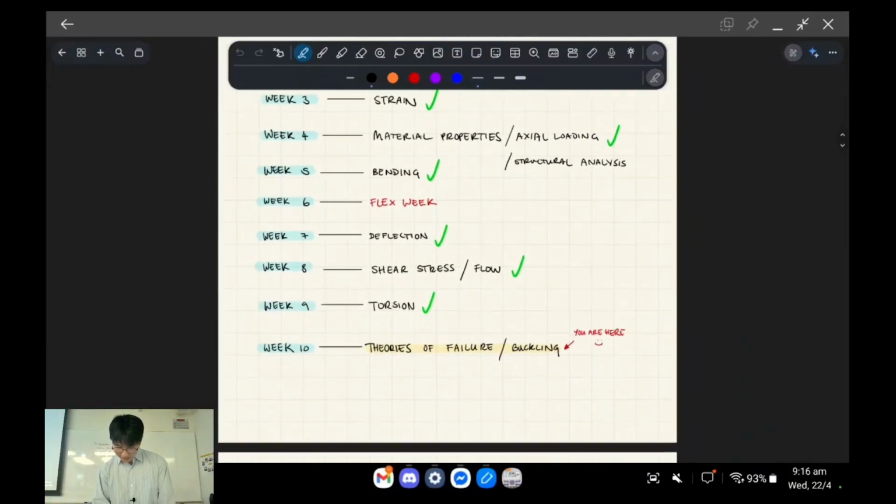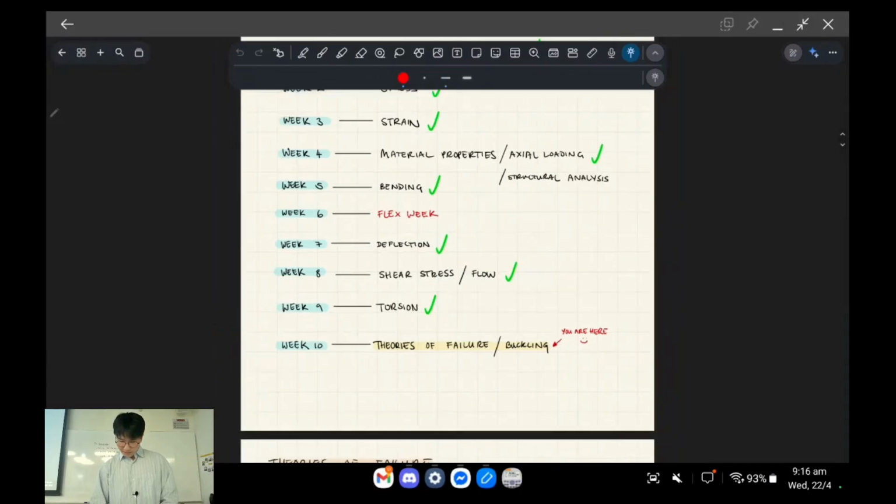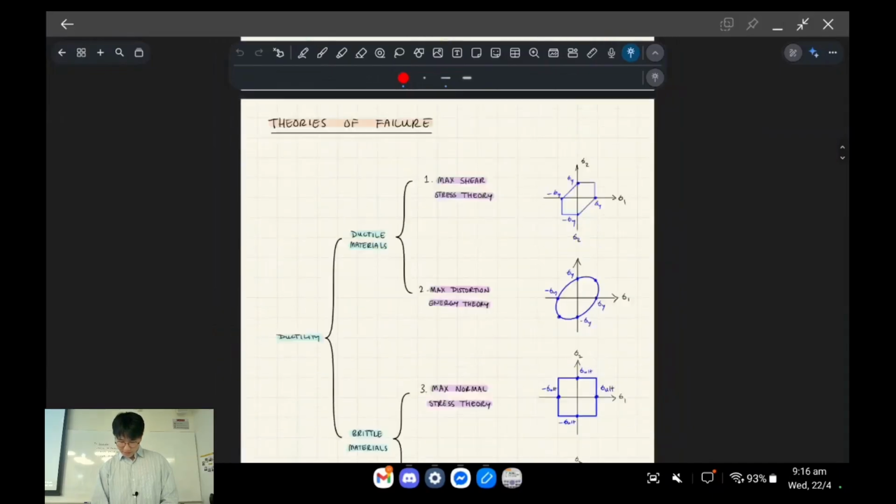Yeah, we're basically at the end of the list of stuff for this course, and you should be pretty familiar with everything. So as I mentioned, the topics which will probably be in your finals: bending, deflection, shear and torsion is 50-50, I reckon, in terms of what's actually assessed. Okay, so what's this topic actually about?